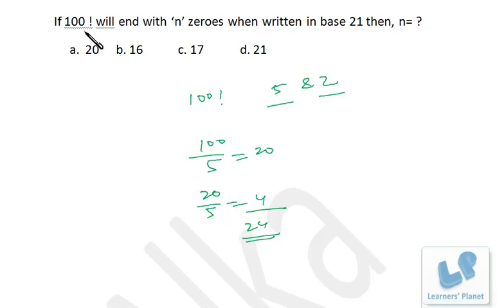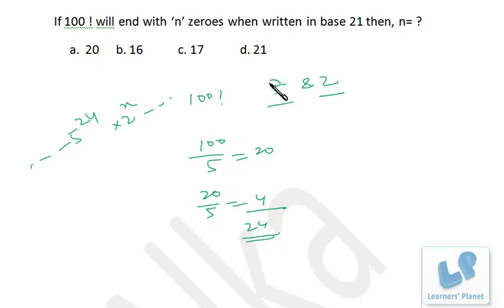So 100 factorial, if expanded, will have 5 raised to 24 and 2 raised to an enormous power, and other numbers also, but we are not interested in them, because to get one 0 we need one 5 and 2 combination. If there are two 5 and 2 combinations, we'll get 2 zeros. If there are 3 combinations, we'll get 3 zeros. Now we have 24 5's and we require 24 2's. Obviously 2's will be more than that because every alternate number is a multiple of 2. So there will be 24 5 and 2 combinations, so there will be 24 zeros at the end of 100 factorial if it is written in the decimal number system.